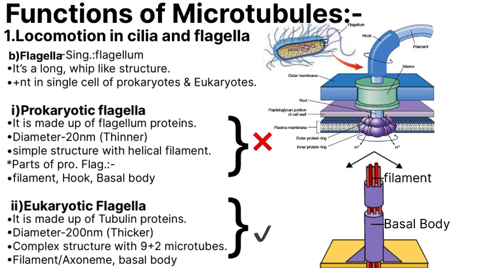If we talk about their number, they can have anywhere from 1 to several flagella, typically 1 to 10 or more than that. They have been given some specific names according to the number and arrangement, but that is not given in your NCERT, so we will skip that part for now. Then we have parts of the prokaryotic flagella, which are filament, hook and the basal body. So let's see what these are.